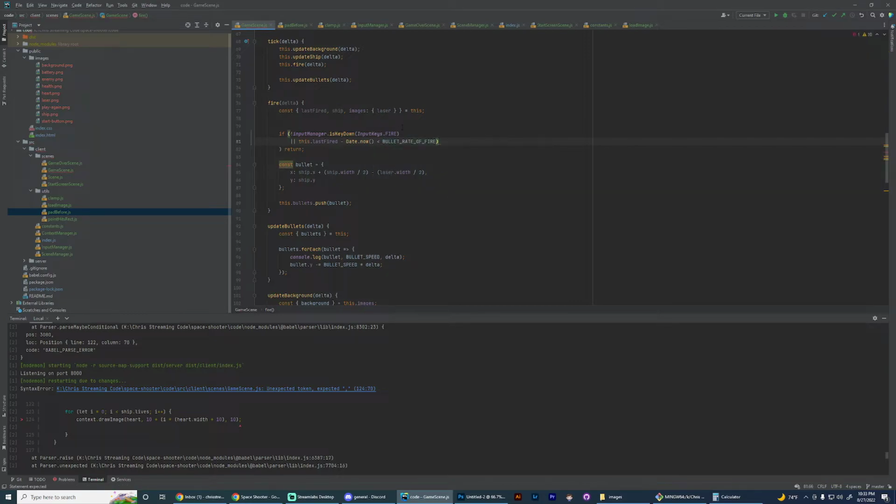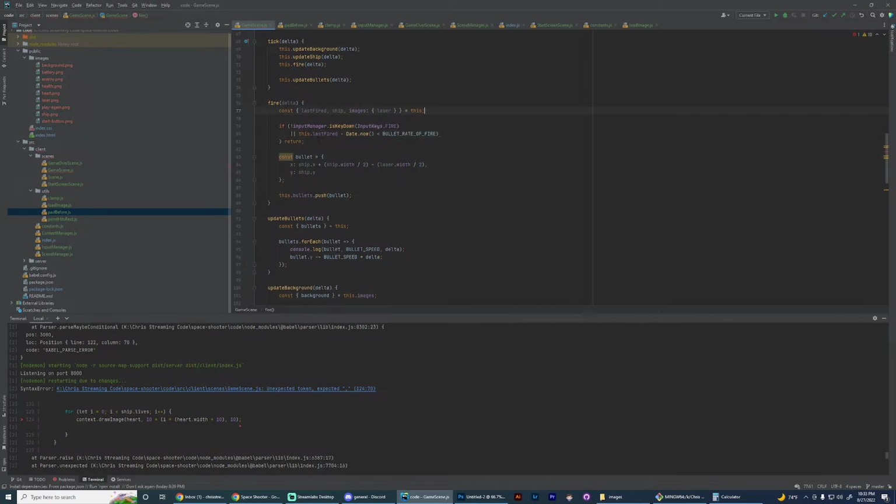So if the last time we fired minus, oops, I just did that backwards again, minus last fire. So if now minus the last time we fired, that'll give us some number of milliseconds. If that's less than